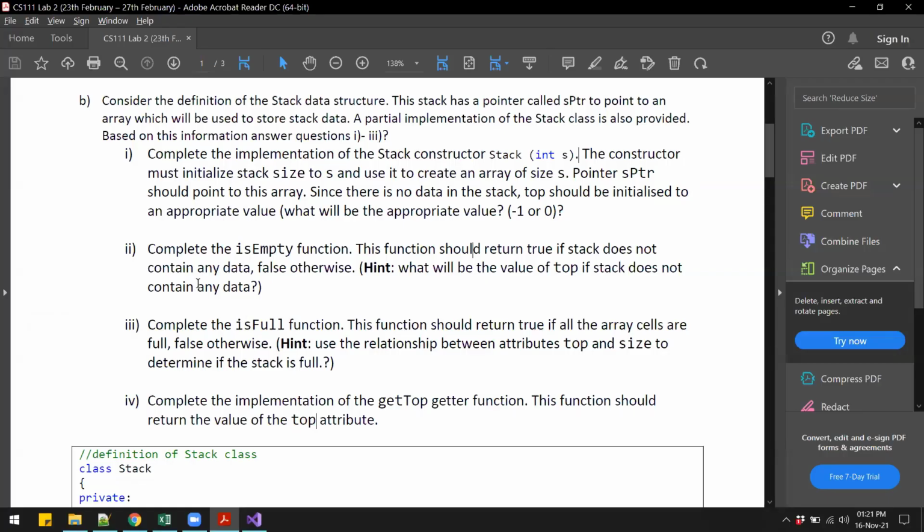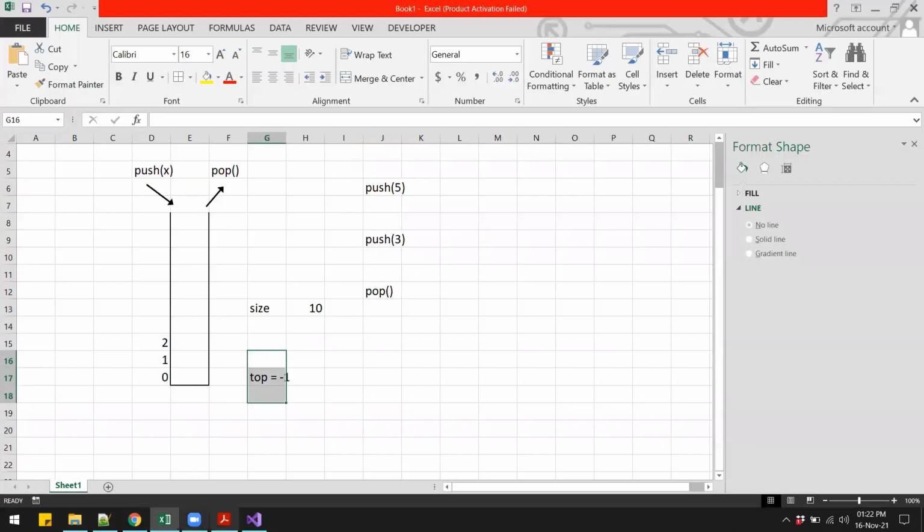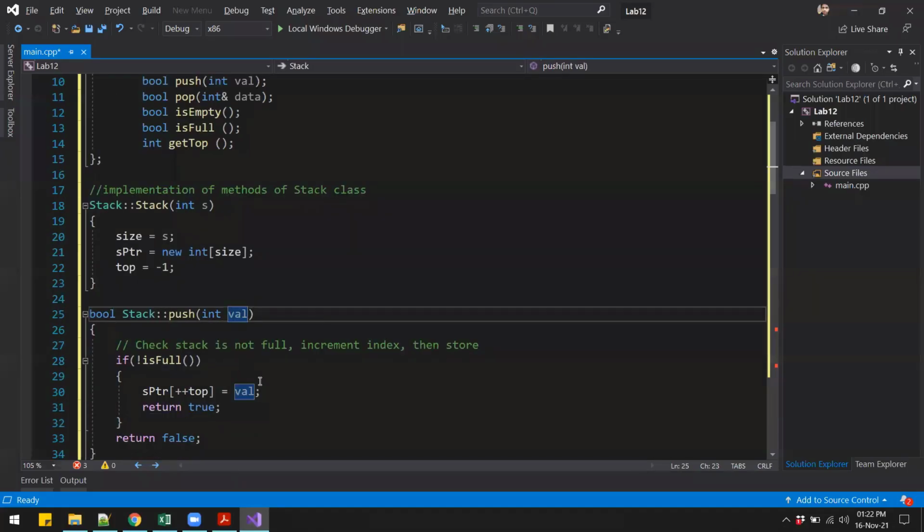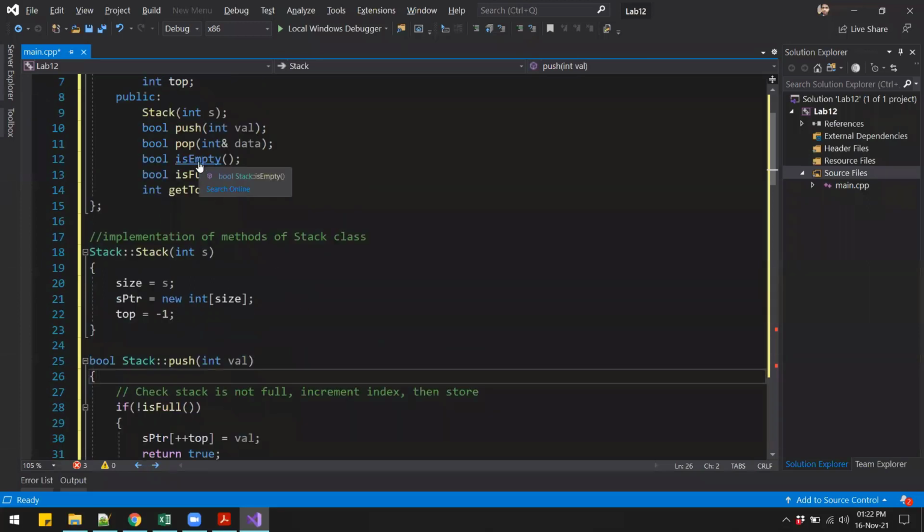Then it says complete the isEmpty function, and this function should return true if the stack does not contain any data, and false otherwise. There is also a hint given. It says what will be the value of top if the stack does not contain any data, something we have just discussed. So here we have to implement the isEmpty function.